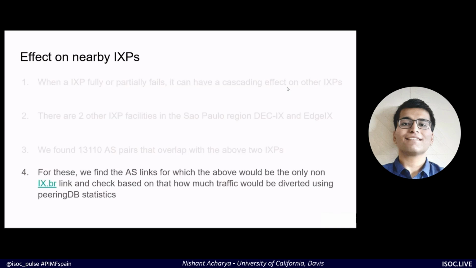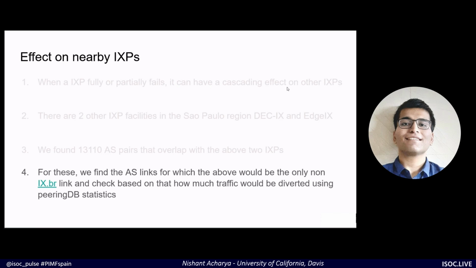And for these, we find AS links for which the above would be the only non-IXPR link. For example, if the nearby IXP did not exist, technically it would be classified as a non-link. And we check based on that how much traffic would be diverted using PeeringDB statistics. Understandably, that is, as I mentioned, not a full data source, but that is the only data source we have